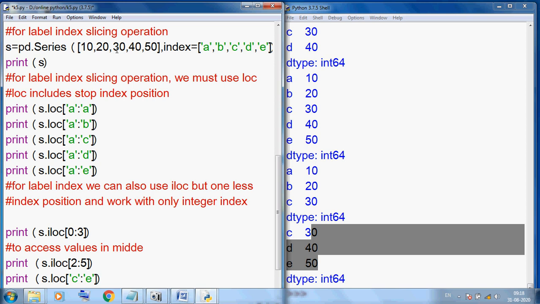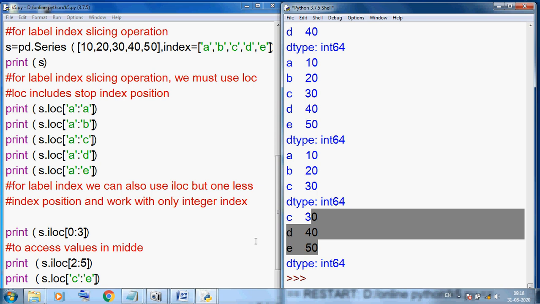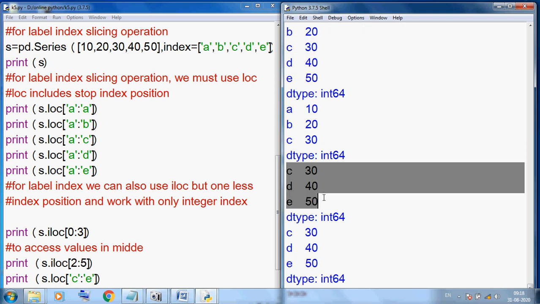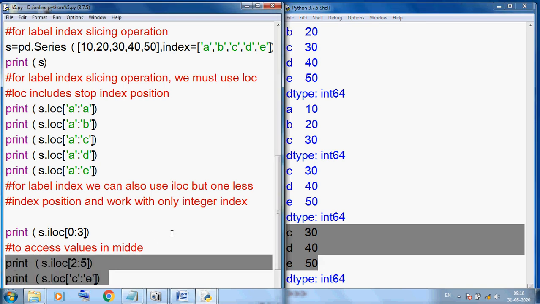C, D and E. So same output we can see on F5: 30, 40 and 50. Okay, this is using iloc. This is using loc with label index. So we can also perform slice operation in the middle position. Okay, thank you students.